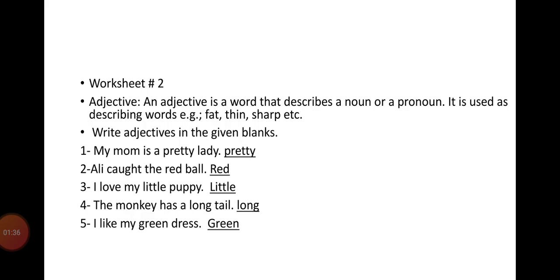Okay, now we will do adjectives. An adjective is a word that describes a noun or a pronoun. It is used as describing word like fat, thin, sharp, etc. एडजेक्टिव क्या है? जो नाउन को डिस्क्राइब करते हैं. जैसे फॉर एग्जांपल हमें कह दिया जाए